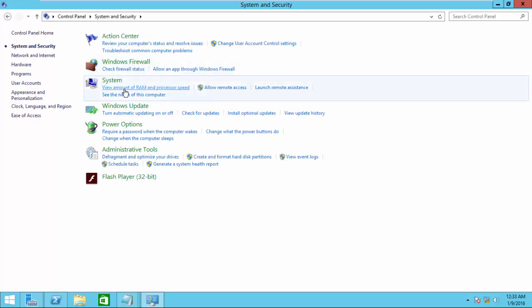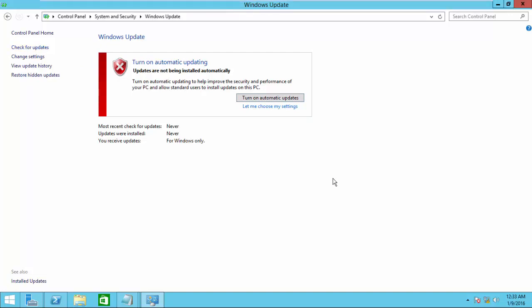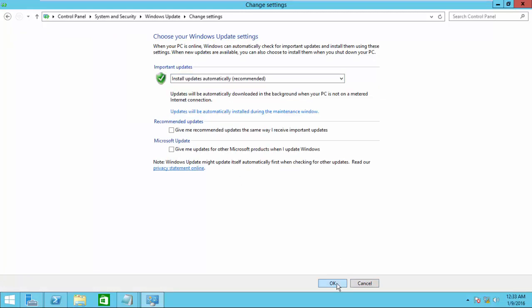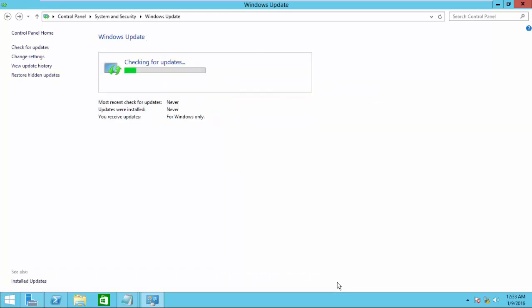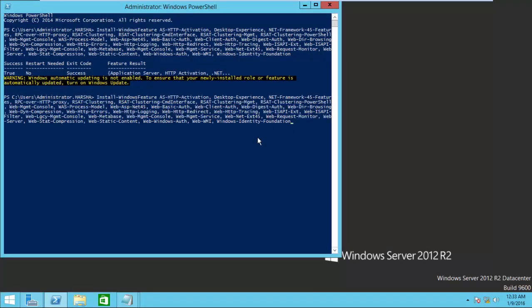So go to control panel, system and security, and Windows Update. Change settings and click the first option. Okay. Now again execute the code by pressing up arrow and press enter.